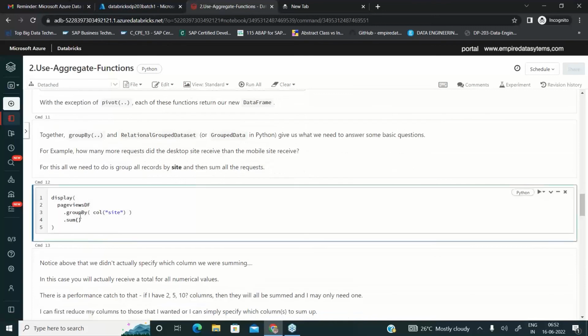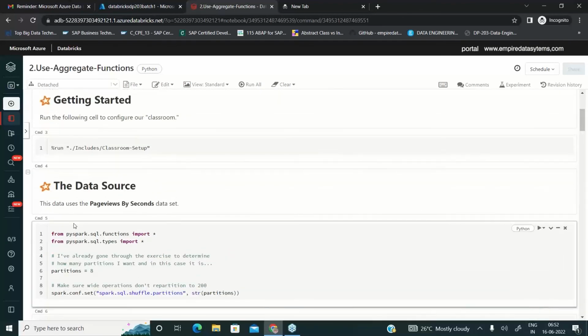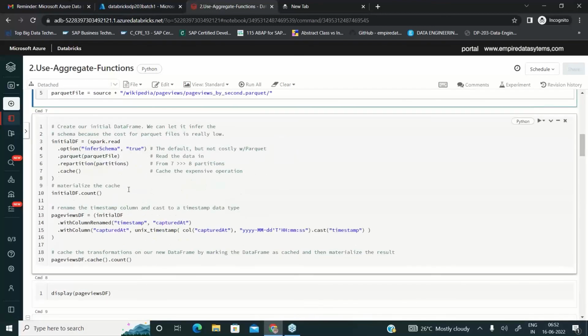So in this case, what he's trying to do, he's trying to do group by, and he's trying to perform the sum operation. Okay, so let us see what are the results he's trying to put. Again, partitions, the concept is same. He is providing the path and then he is declaring